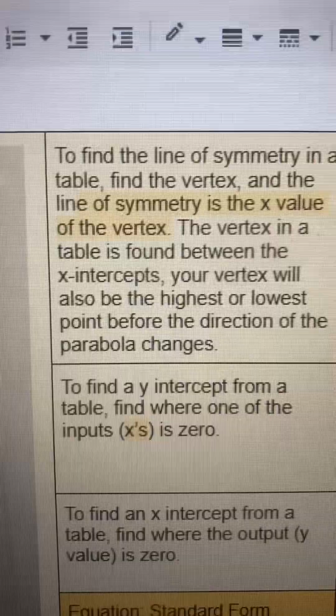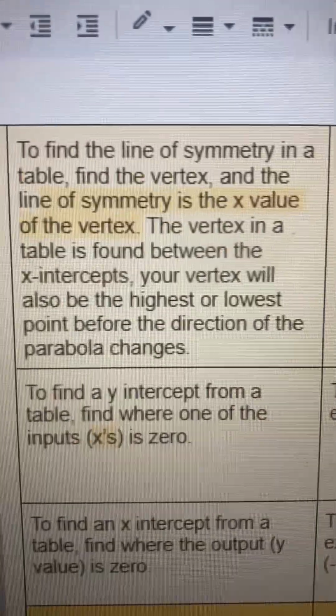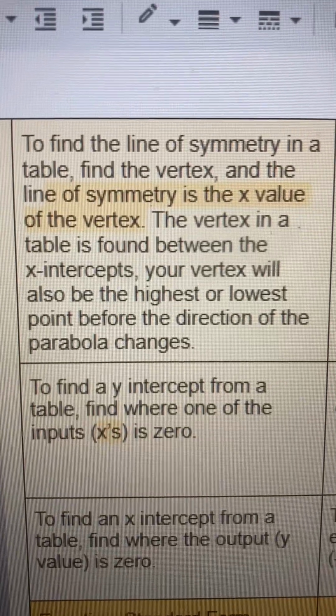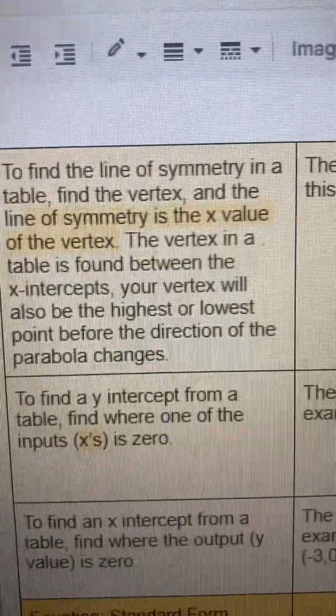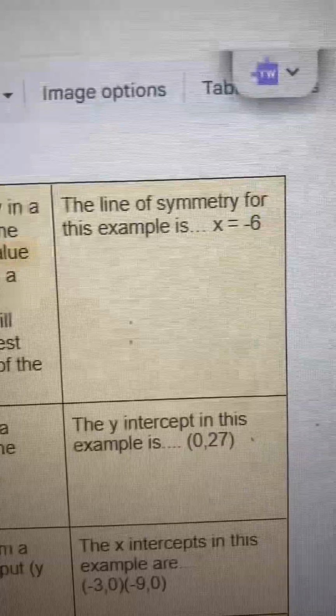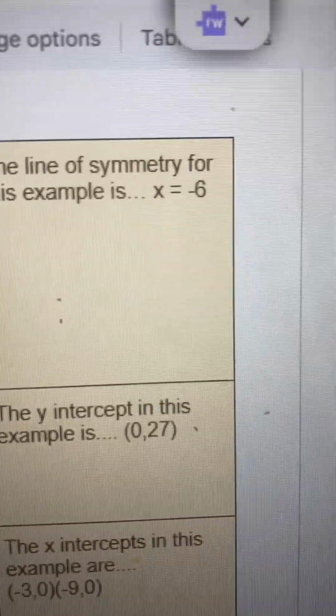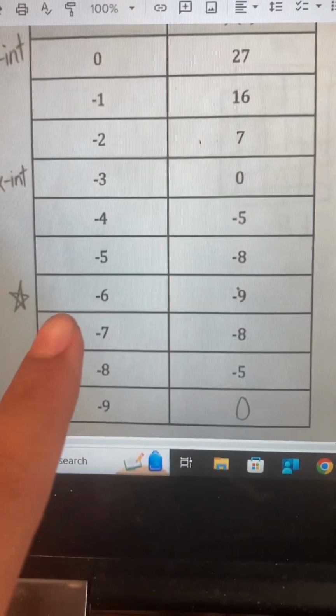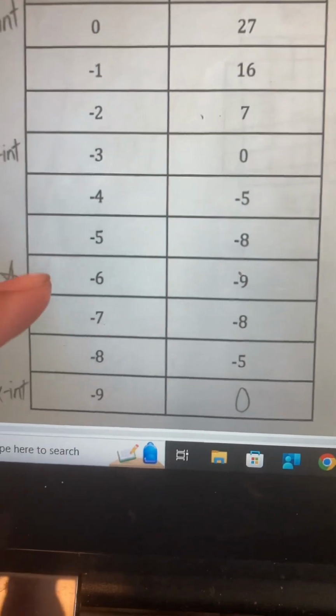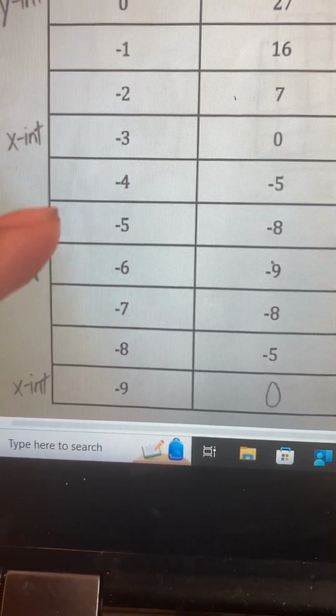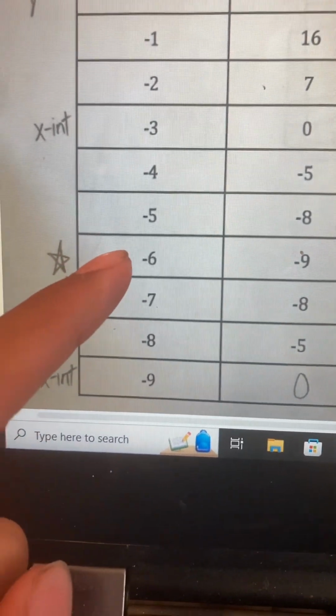So basically, for finding the line of symmetry on a table, you're going to want to look for where your x-intercepts are located. And the point that is right in between is going to be your line of symmetry, because the point that is in between your x-intercepts is your vertex. And as you can see, the input from my vertex is -6, meaning that the line of symmetry